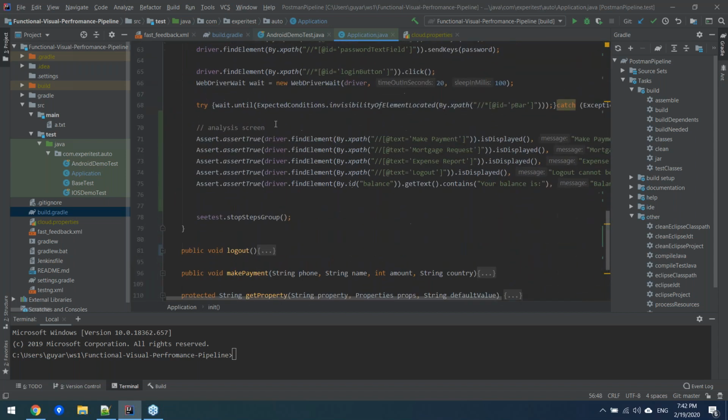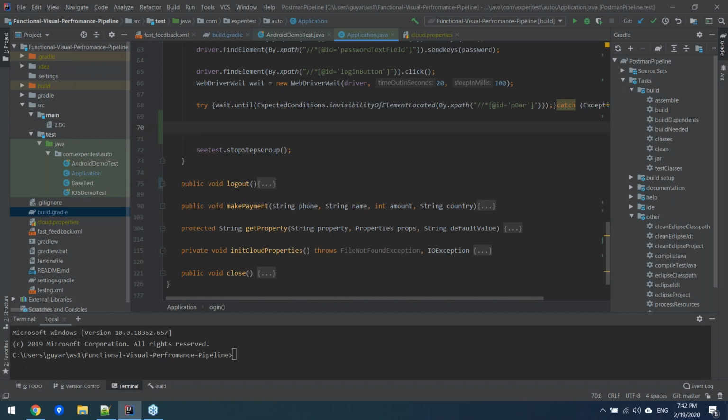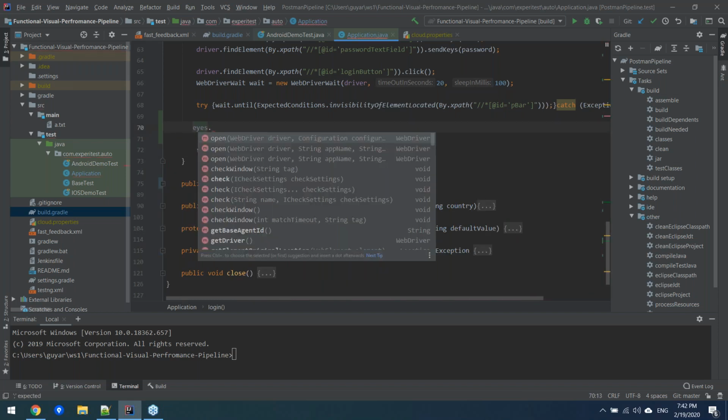Now here I want to perform the actual validation. Those validations are very basic. They just check that the element is displayed. It doesn't check the size, color, anything like that. So I'm very confident on just removing everything here and doing a high-level